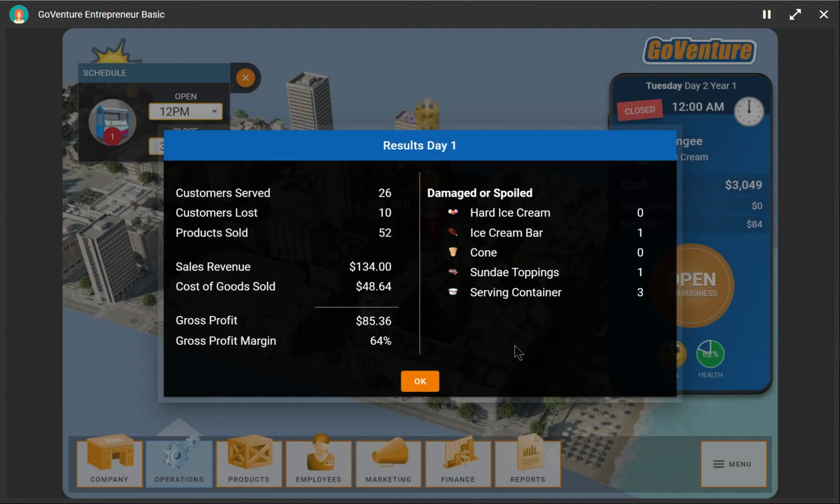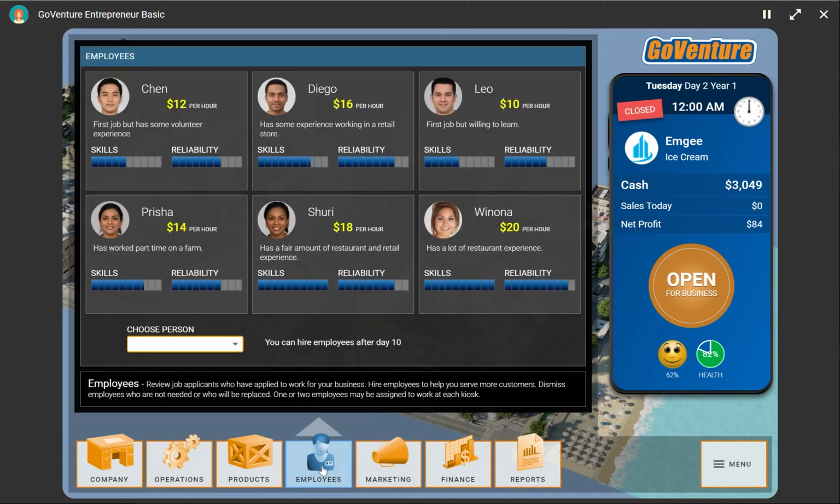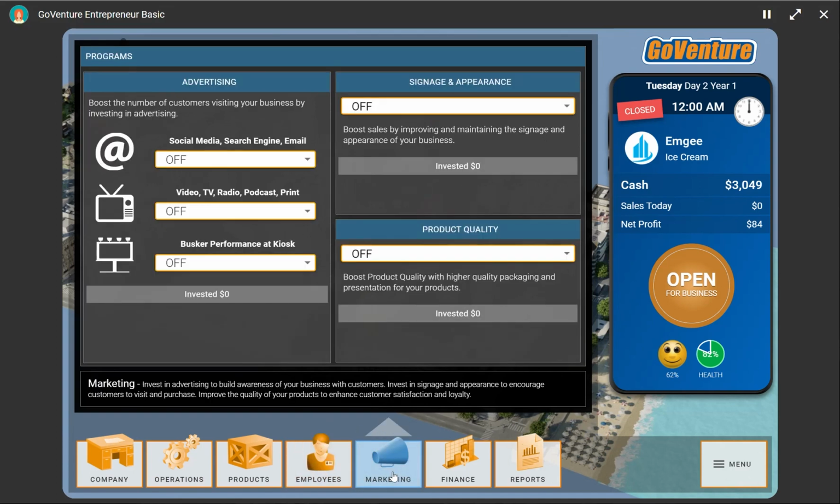Great, so that's the end of the day. We can also see here a summary of our end of day results with all the numbers, and now we can repeat this and continue to run our business day after day. And a lot of these transactions that we've just practiced, we're going to repeat day after day. Every time we buy inventory, we're going to incur a transaction. When we end up deciding to hire employees, we'll incur a financial transaction and have to post it. When we do marketing, if we purchase advertising, we're going to have to post that transaction.